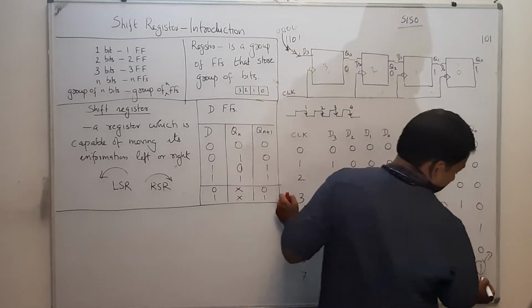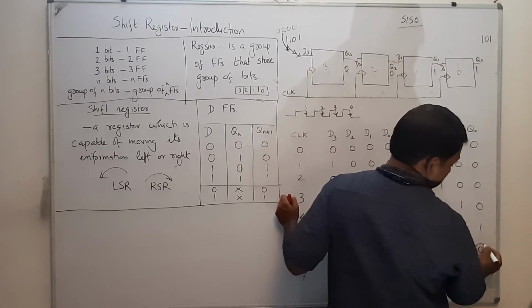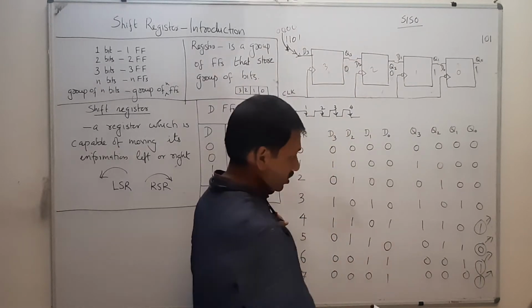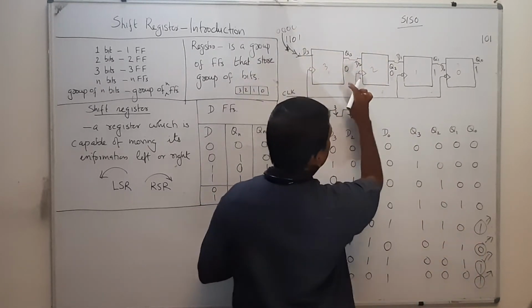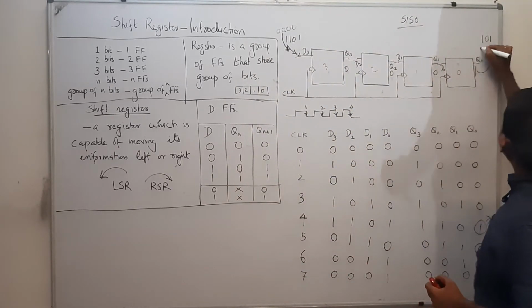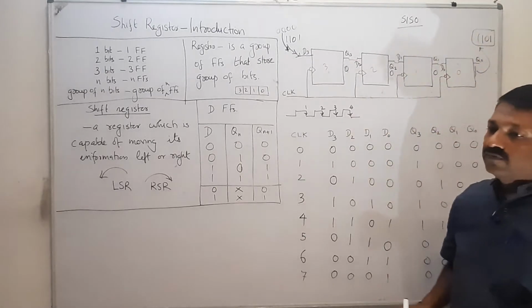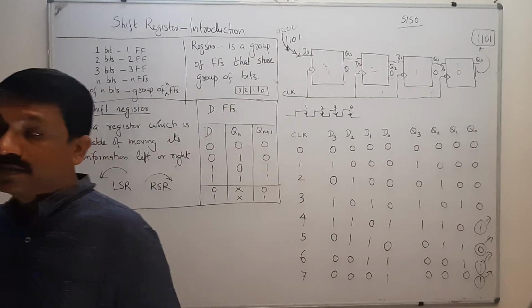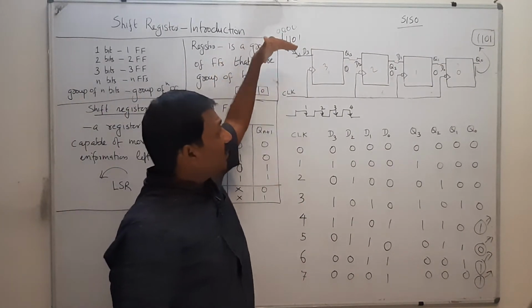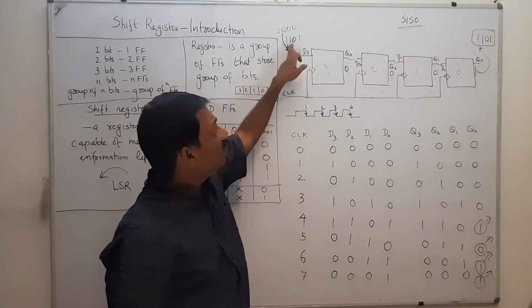Now you have to take this as output. That means this also is output, this also is output. Okay. Now you have set this 0, 0, 0, 1. And this one you have taken. Now it is 1, 1, 0, 1. Okay. That you have for the first 4 clock cycles, you have stored this 1, 1, 0, 1